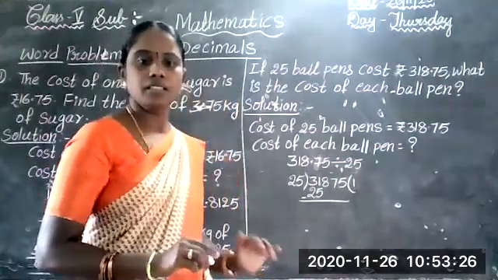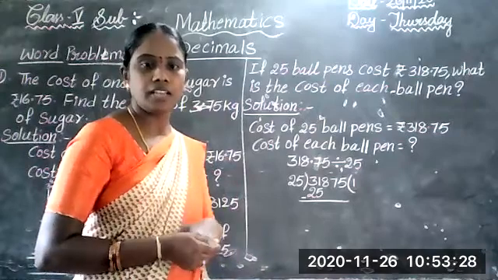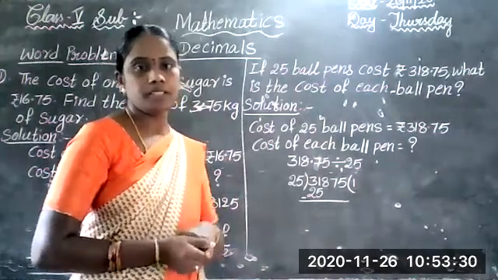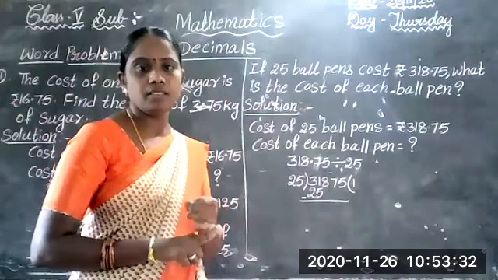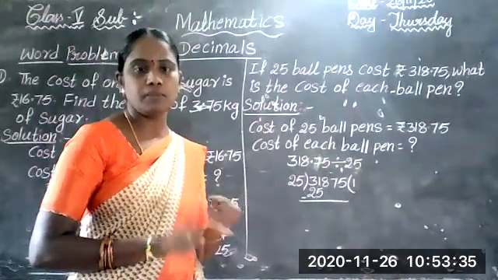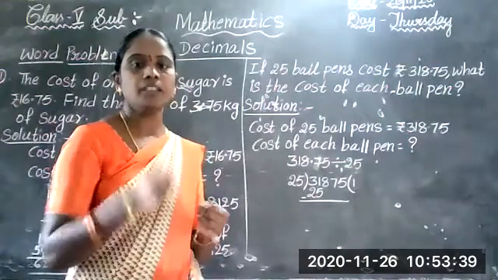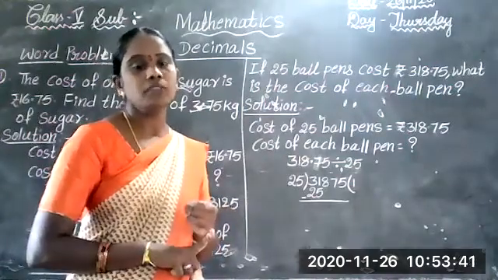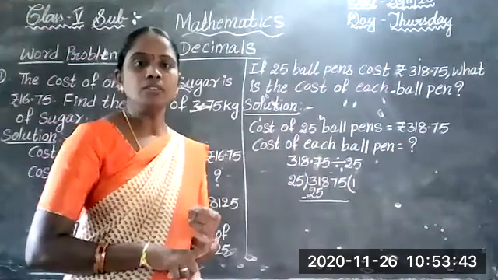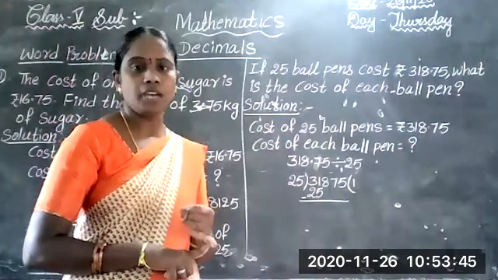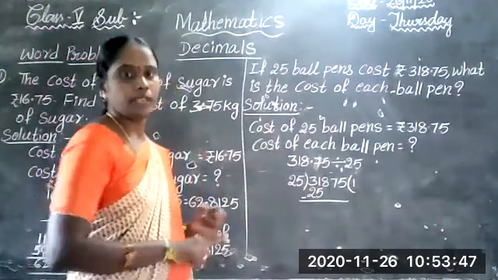Okay, next. See once, children, in our class 23 members are present. In the EVS class 27 members are present. Next, in the English class also 27, 28 members are present. In my class, now 24 members are present. So those who are absent, today I will call them. I will talk with your parents.